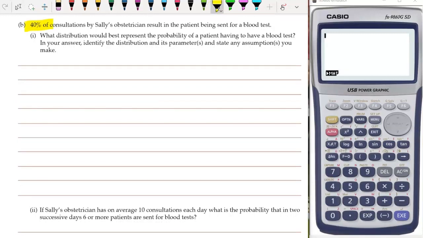Next, we've got 40% of the consultations from Sally's obstetrician are sent for a blood test. What distribution would best represent the probability of a patient having to go for a blood test? Okay, so we have a number of people that are seen by the obstetrician and a probability that they're sent for a test, so that fits a binomial. And we'll run through the FIST acronym of why that works. So binomial distribution